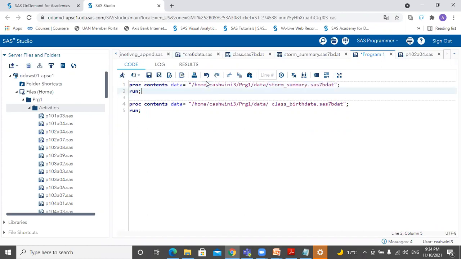Are you getting it? It's going to be time consuming, because the table could be on various servers. Every time you'll have to go to that server, copy that path, put it in, and then find within that server which folder, and within that folder your data set. And then you'll have to give this. So it's going to be time consuming.